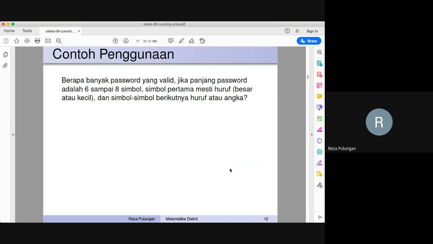So alphanumeric basically. So the first symbol must be an alphabet letter, capital or small, and the rest of the symbols, the second, the third, and so forth, are alphanumerics.